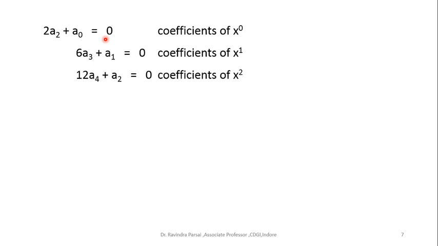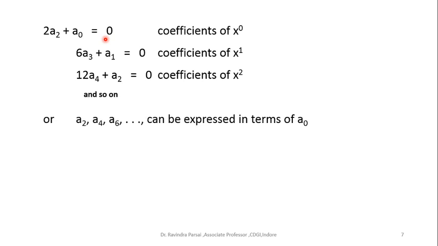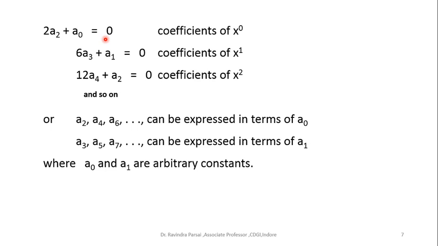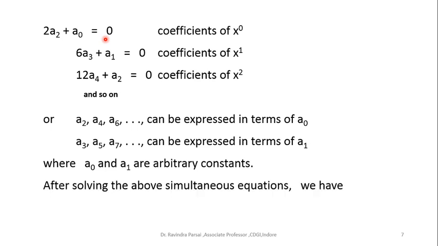When you equate the coefficient of x square, you will get this, and so on. We can continue this. So therefore, obtaining these values from the above equations, a2, a4, a6 can be expressed in terms of a0, and a3, a5, a7 can be expressed in terms of a1, where a0 and a1 are arbitrary constants. So after solving the above simultaneous equations, we get